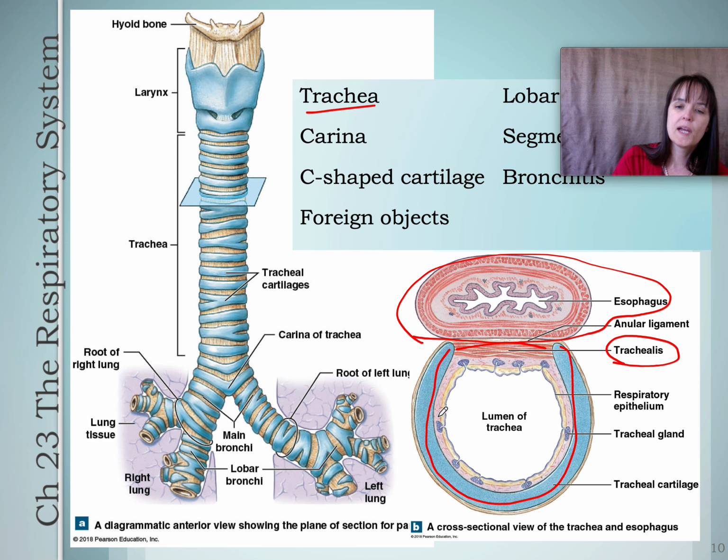So in the absence of this cartilage, the trachea would similarly be pushed shut. And then you would have to gasp with each breath to open the trachea enough to get air through it. And so one of the benefits of the C-shaped cartilage on the trachea is to keep the tube open for